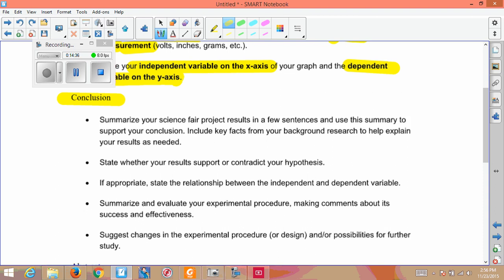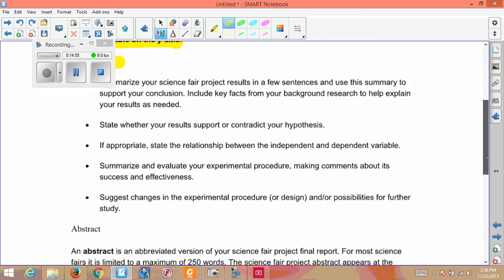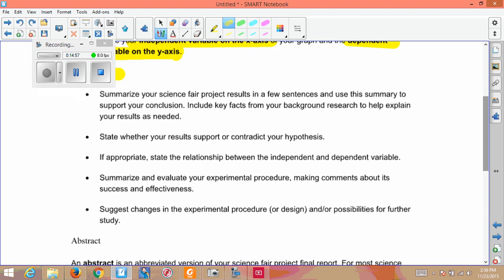Okay? So you're going to summarize your results. You're going to state whether it supported or contradicted your hypothesis. You're going to talk about a relationship between the independent and dependent variable. There's 2 here that you could talk about. You may or may not have talked about these in math or science class, but there are